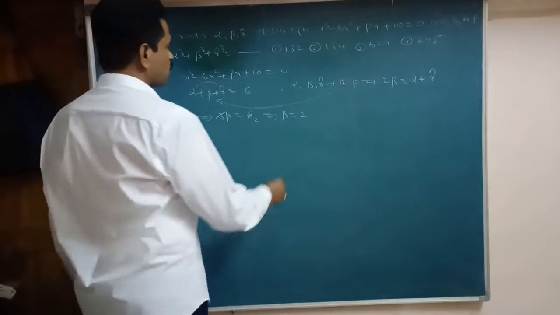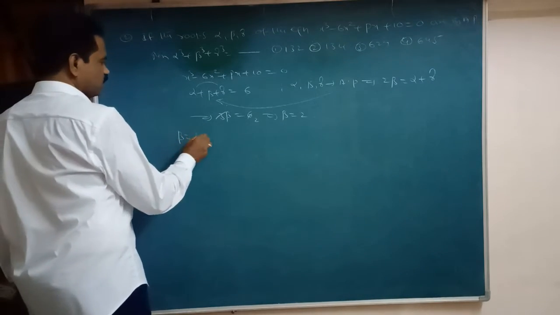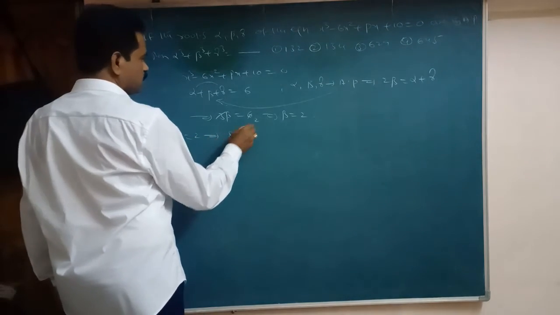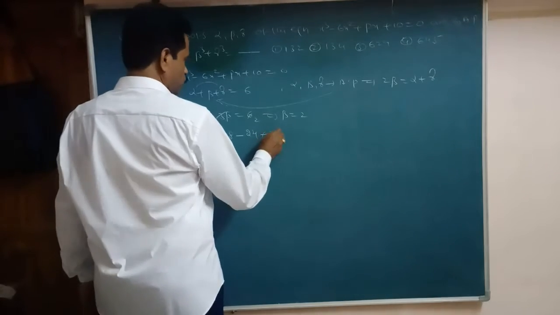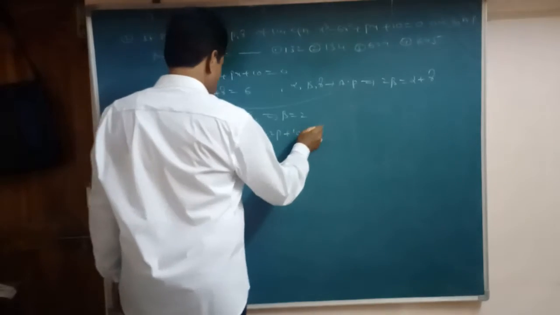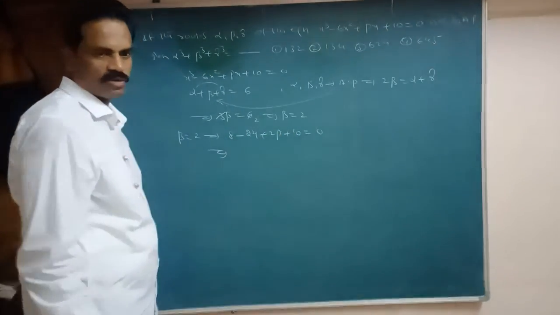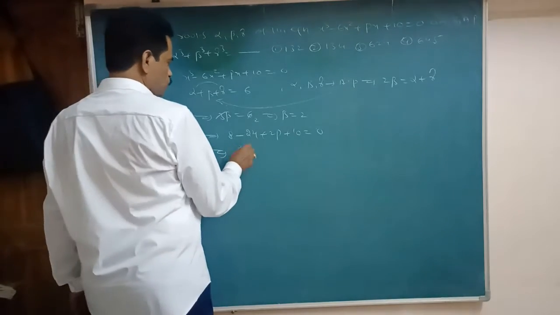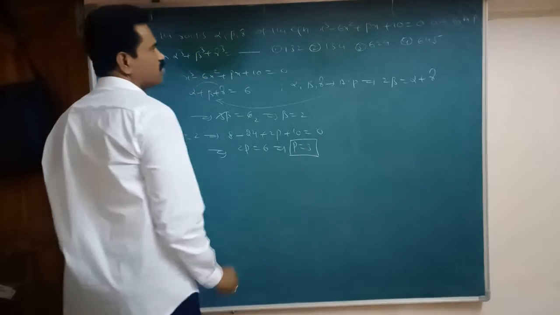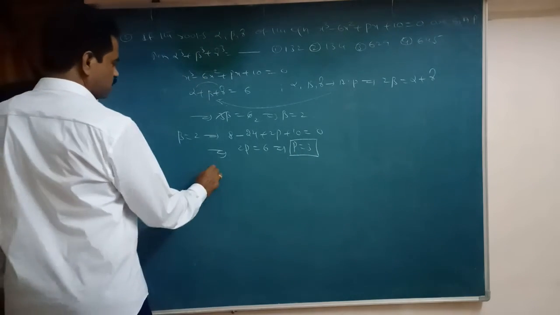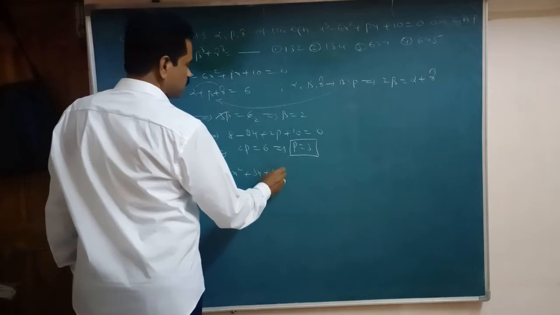Here beta is the root of this given equation. So beta equals 2; substitute in the given equation. That is 2 cube is 8, 2 square is 4, 4 into 6 is 24, plus 2p plus 10 equal to 0. So that implies, so it is 18. 18 minus 24 is minus 6. So 2p equal to 6. Then p equal how much here? Now p equal to 3. Substitute in the given equation. That is x cube minus 6x square plus 3x plus 10 equal to 0.